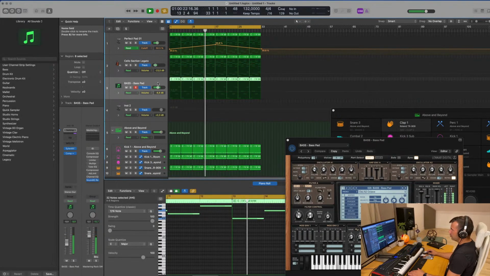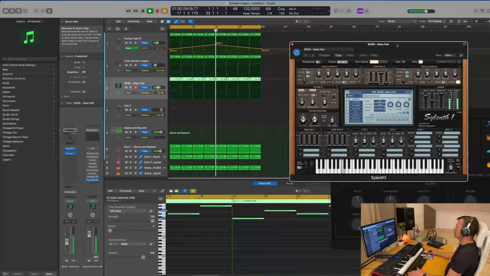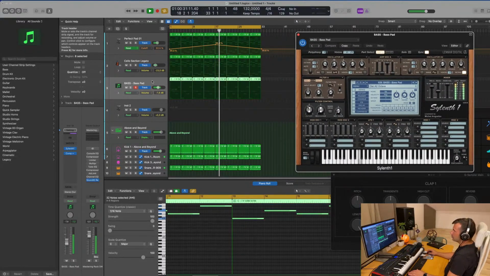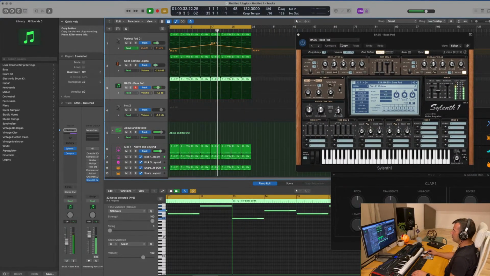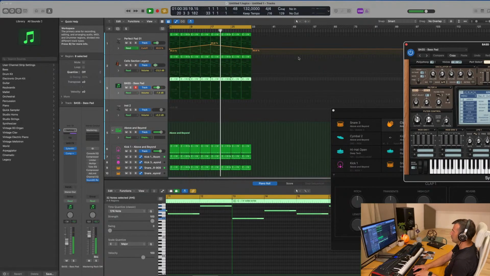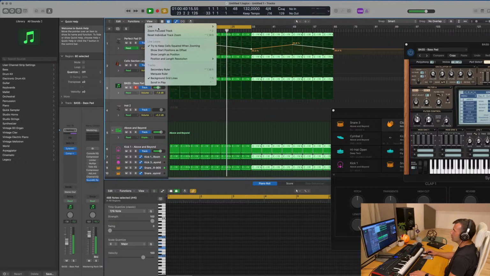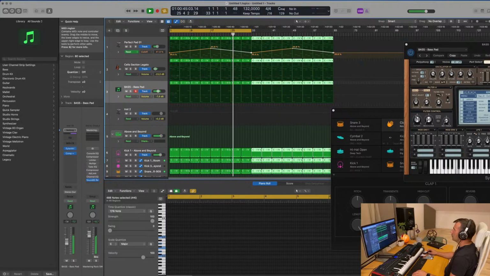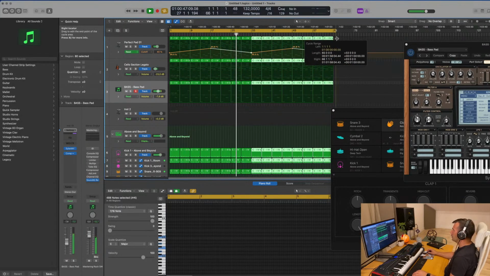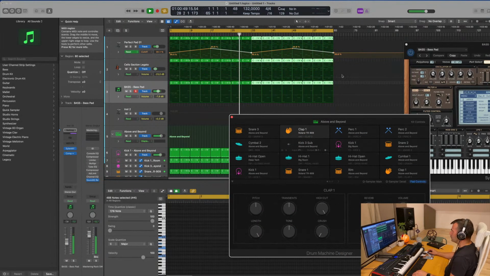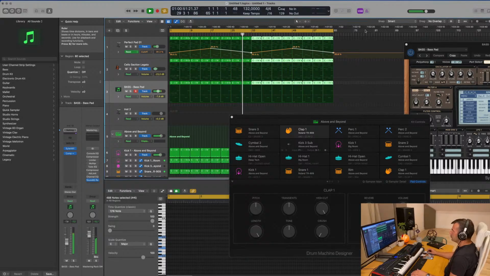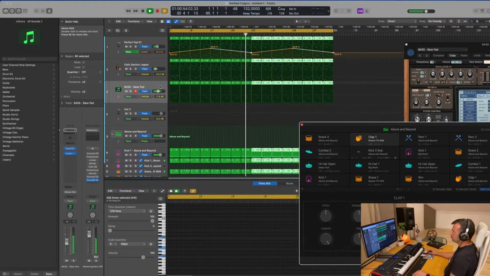Now we can probably bring a little bit more volume out of this pad. Sounds like a lot of fun already. So what I'm gonna do is expand what we have here. I'm gonna drop view, secondary roller here. So we have 2 minutes of a track. It should be enough for now, let's say to build an intro